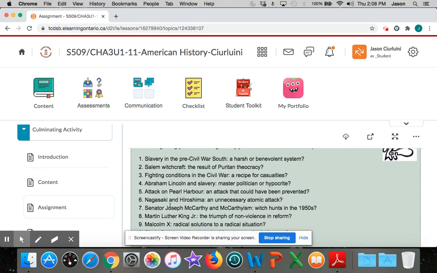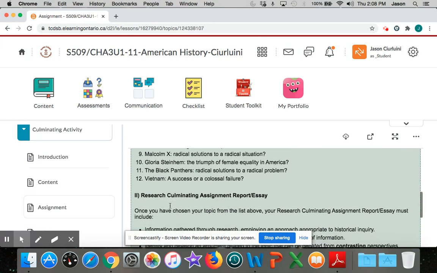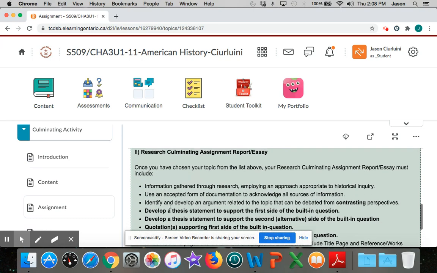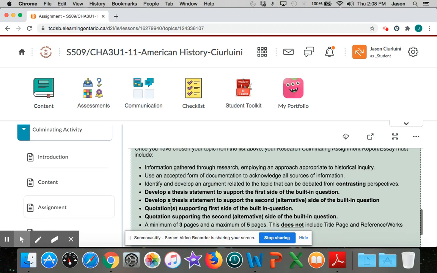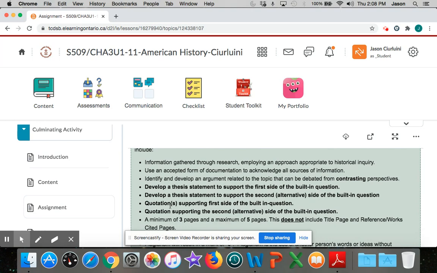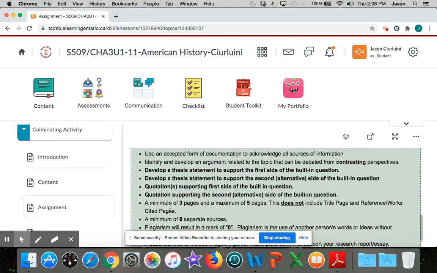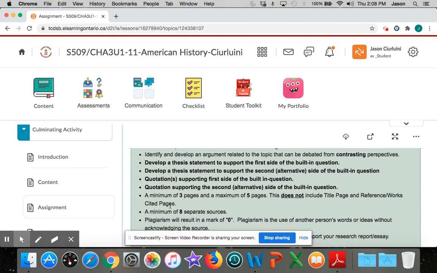Here we see a list of your 12 topics. And finally, the information that you will be assessed on: the way information is gathered, the way information is documented, your ability to show the contrasting perspectives, your thesis statements for both sides of the argument, quotations for both sides of the argument,